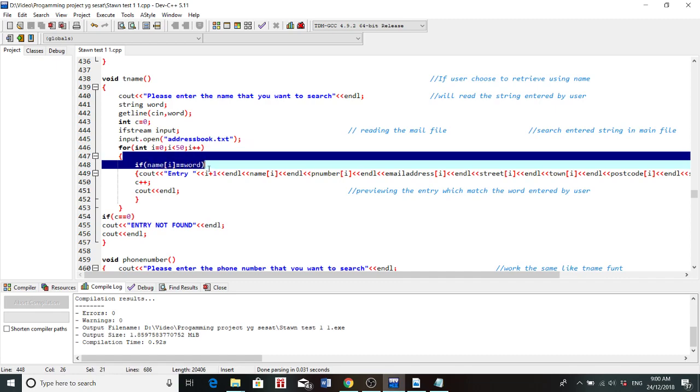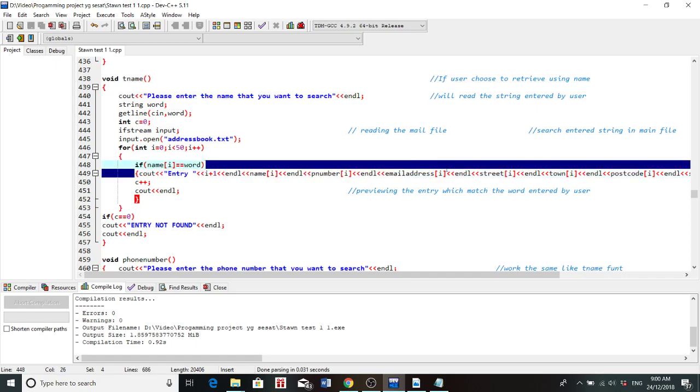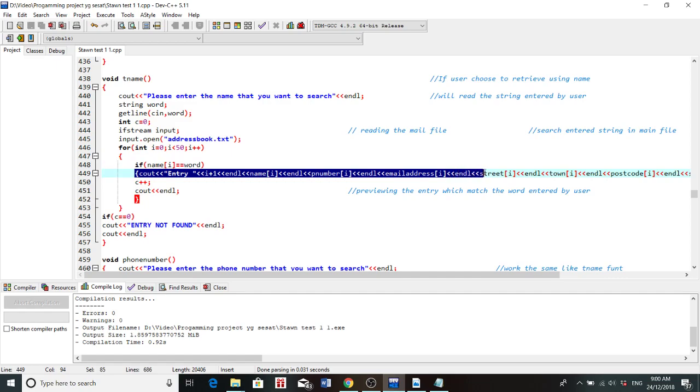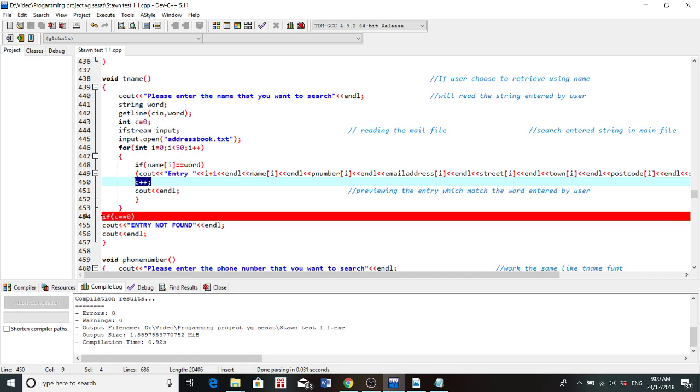If the name is the same as what the user entered, then it will show that entry, tell which entry it is, and show all the information in the entry, which is the name, the phone number, and all of it. And last but not least, c will be incremented by 1,